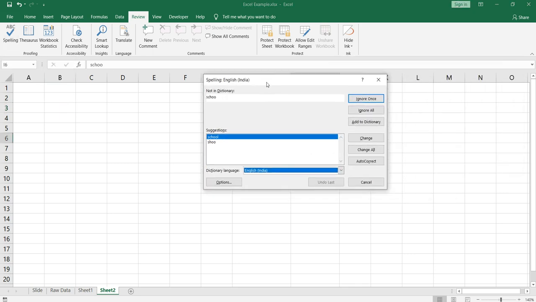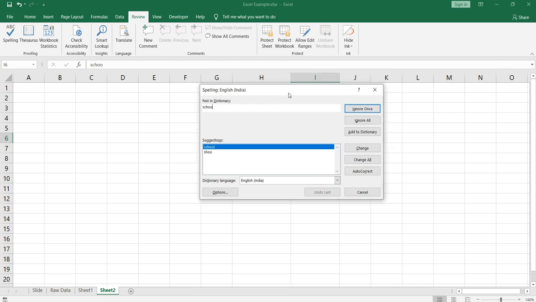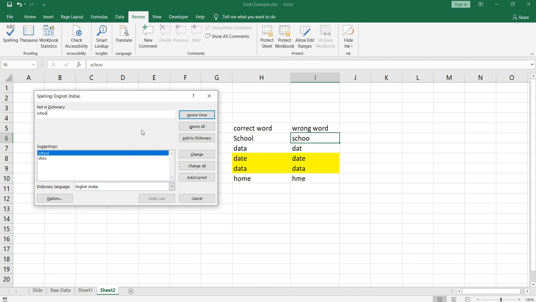As you can see, it says SCHOO. It has a lot of options and gives you suggestions on what you should do. SCHOO is the closest word to school, that's why Excel is suggesting that we replace this SCHOO with school.